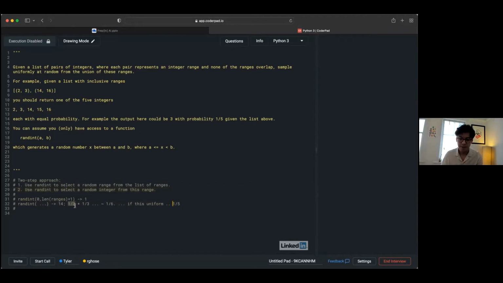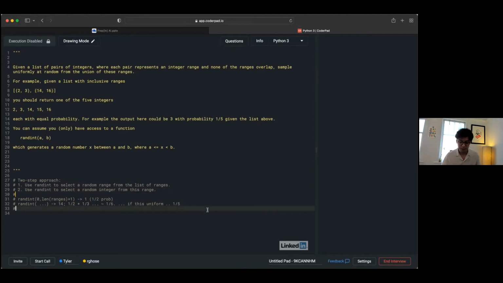So 1/2 is the probability of selecting the second range in particular, and then 1/3 is the conditional probability of selecting one of these 3 integers, given that we've chosen that range. But yes, you're right. Since there are 5 integers total, it's strange that these 3 integers have probability 1/6.